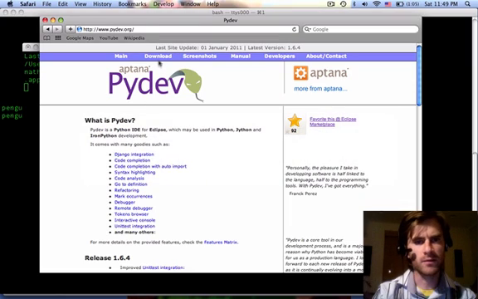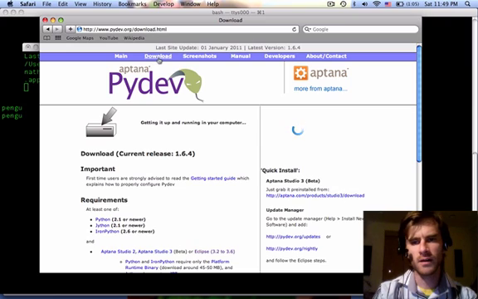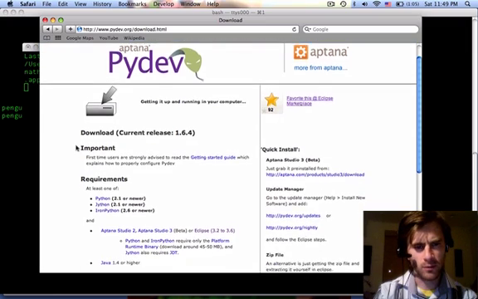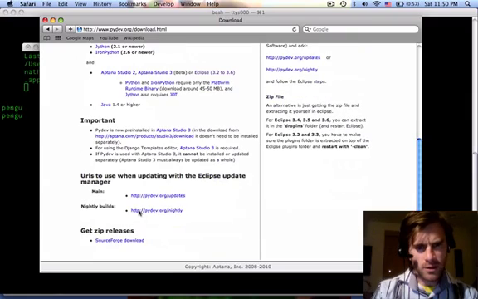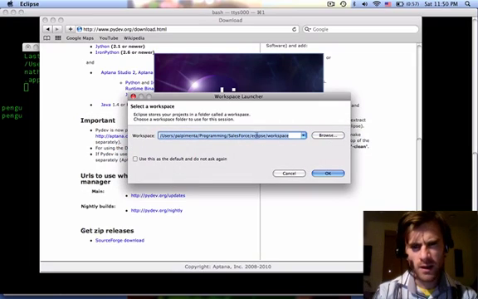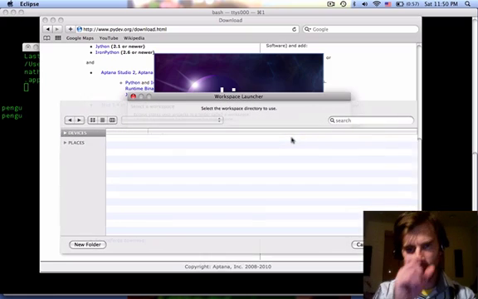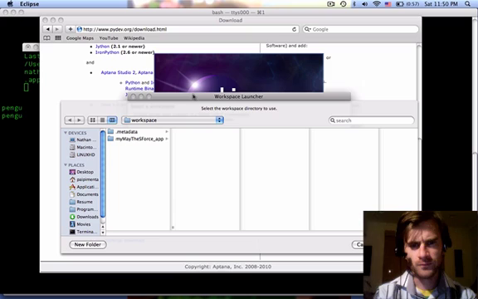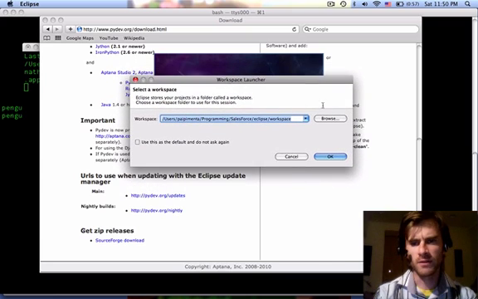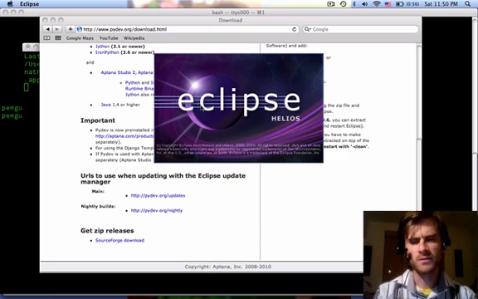So I'm going to show you here on PyDev. If you click download, you can download a fully contained environment that runs on its own. It's called Aptana. But we're going to opt to do this basically when updating with the Eclipse Update Manager. We're going to open up this URL inside of Eclipse, and Eclipse is loading. We can see right here it wants to know what workspace we're going to use, and since we don't really have a Python development environment here, I'm going to load my Java workspace by default,